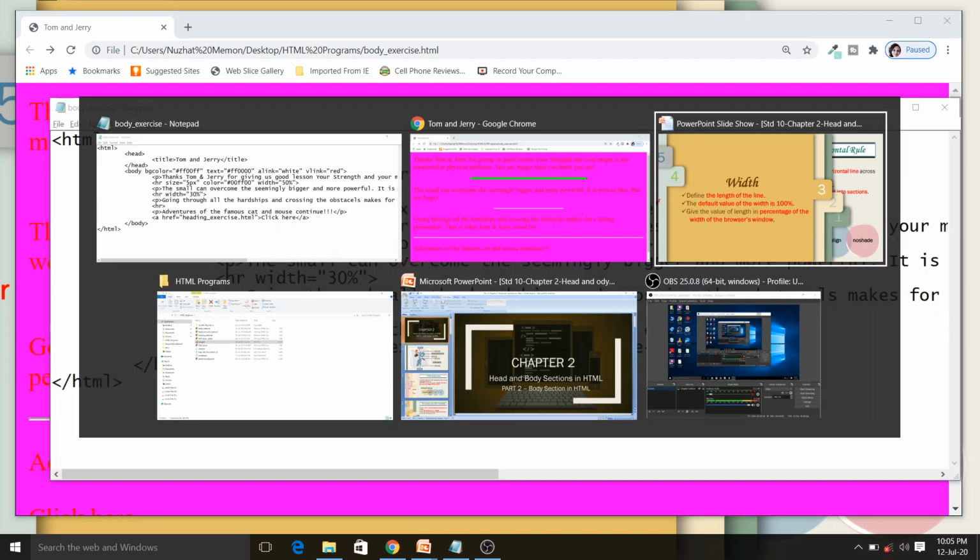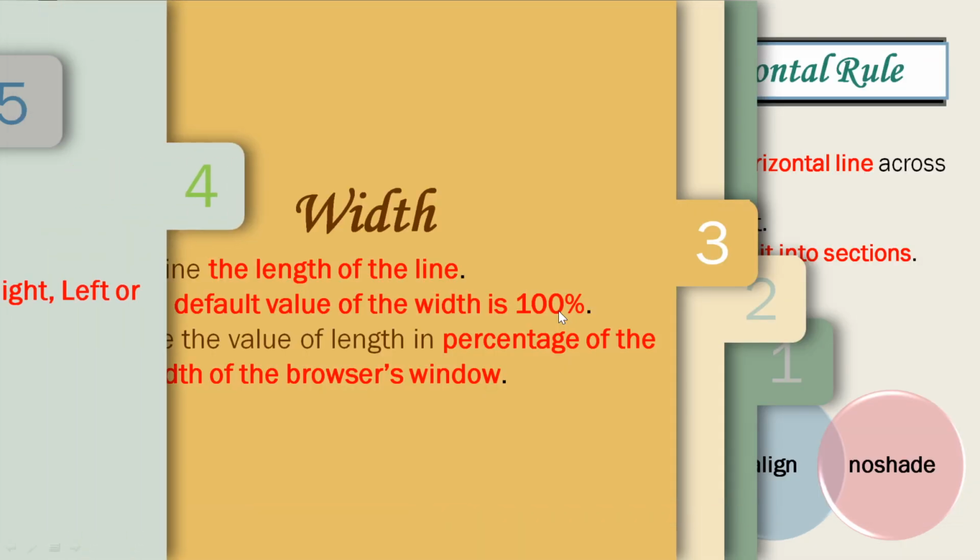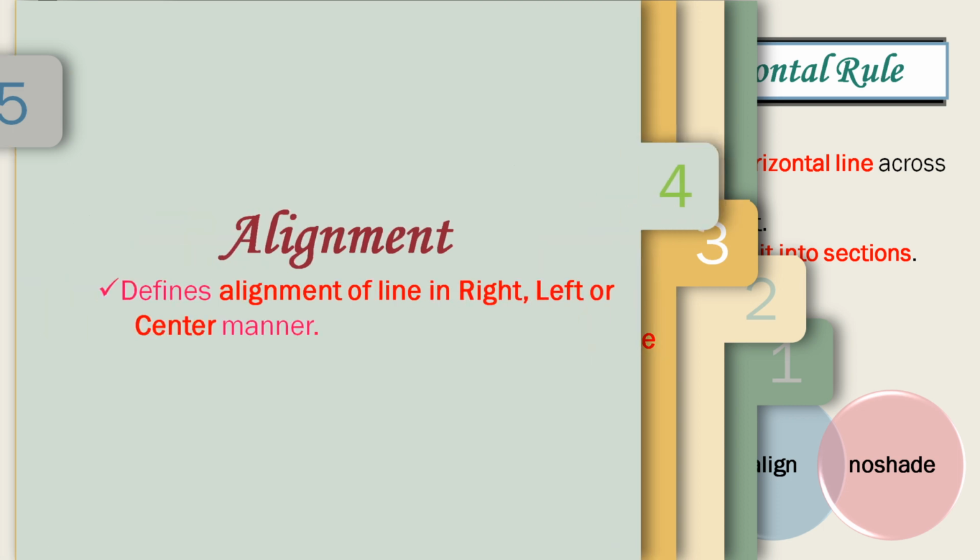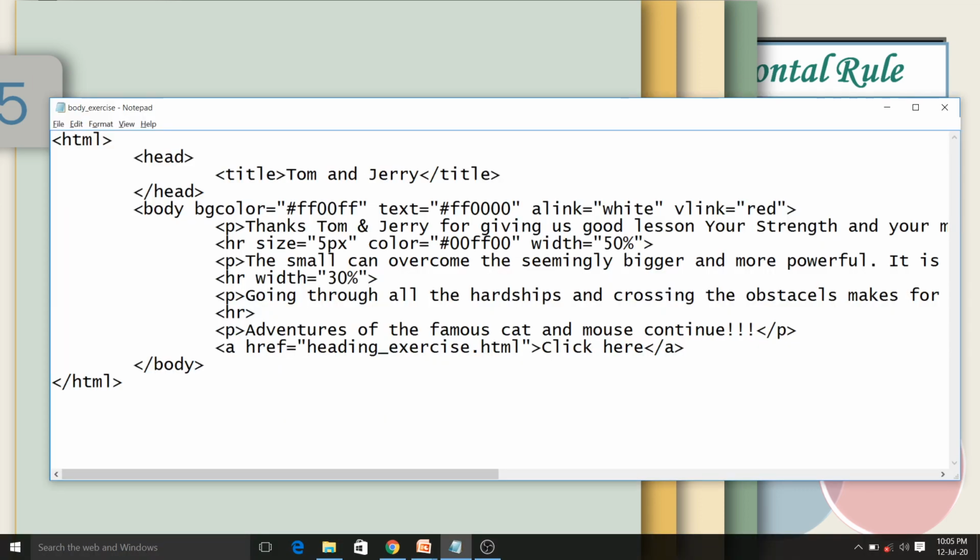We will see the next attribute, that is align. You can change the alignment of the line to right, left or center. Use this align attribute when the width is less than 100% to see the effect of the align attribute. Here I will use it. It is center. I can make it left, and here I will make it right.